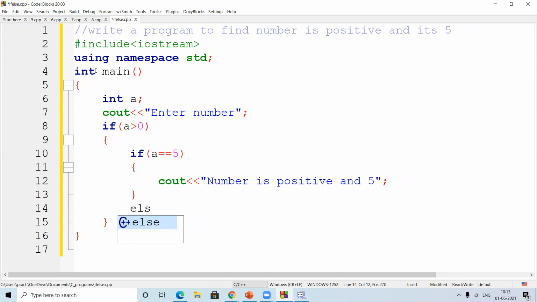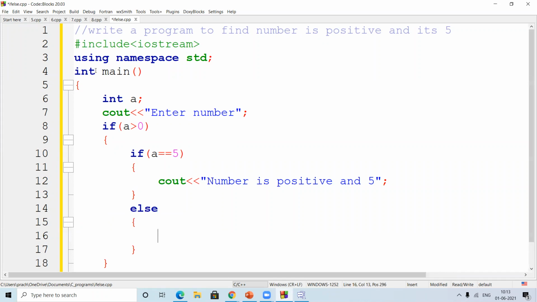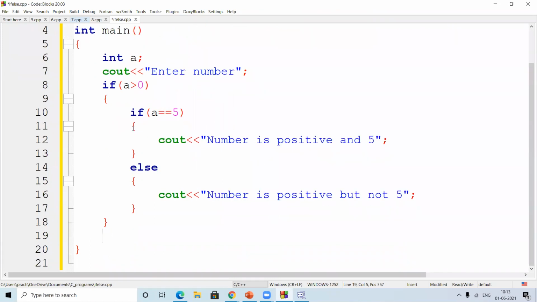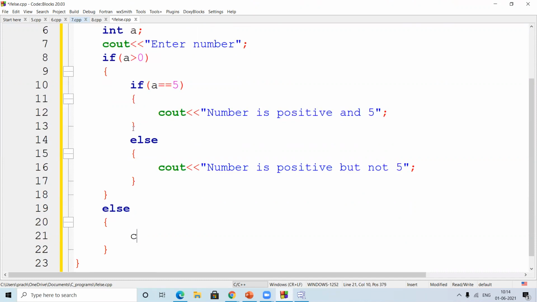And ये else लिख रही हूँ मैं, which is inside this if जो positive है. Okay, so I'm just putting here number is positive but not 5. Okay, and when ये if के लिए मुझे और एक else चाहिए, then here it will be number is negative.